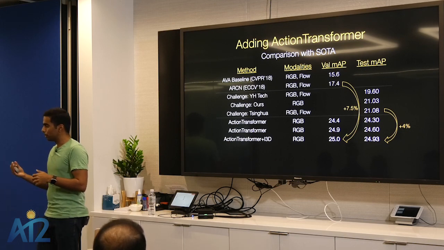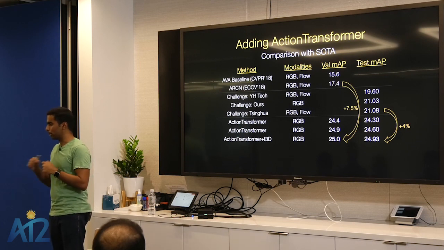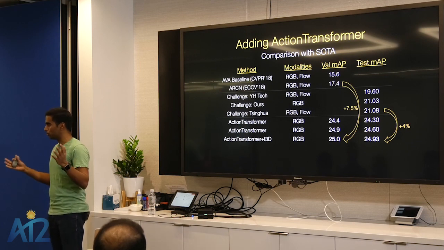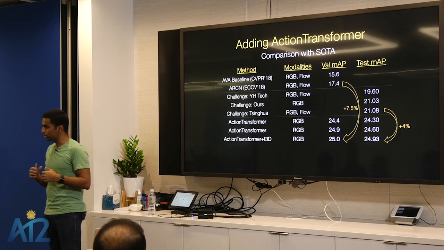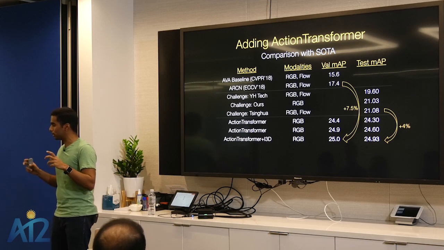There is actually previous work, non-local neural networks, which does exactly what you say, comparing everything to everything, which does blow up all the computation. But in this case, we can reduce it down by just looking at the people. So people are queries in the transformer sense of things.